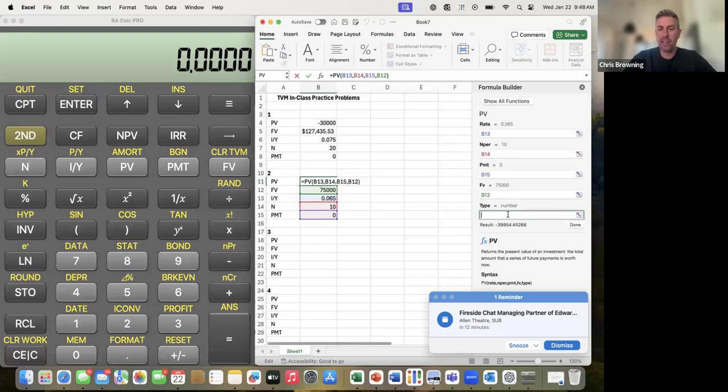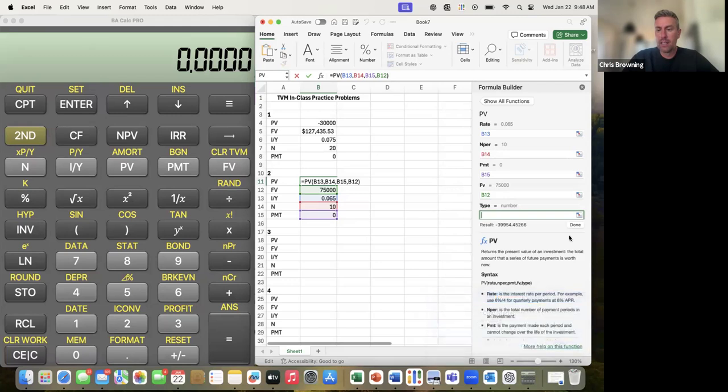Now, one thing I do want to point out to you real quick is that Excel is color coding this, right? So it's like, hey, listen, I'm using B13 as your rate. And so B13 is blue here, and the corresponding cell is also highlighted blue. Same thing, my number of periods is red, my number of periods is red. And so that just helps you connect if you get confused on what you're assigning to each function. All right, so I can go ahead and hit done here, and I get